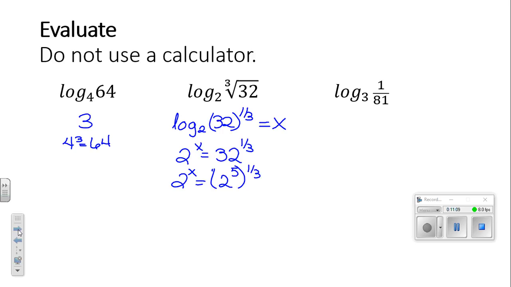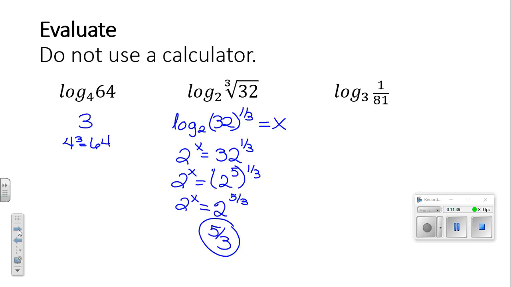And you told me a little bit ago that when you have a power to a power, you multiply. So this is 2 to the x equals 2 to the 5/3. So what's x? Okay. All right, so